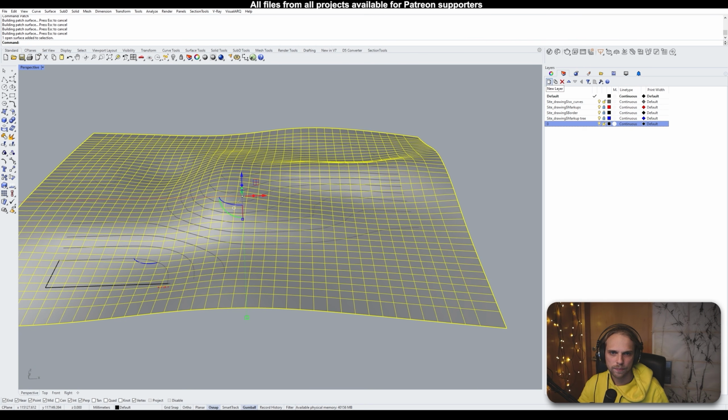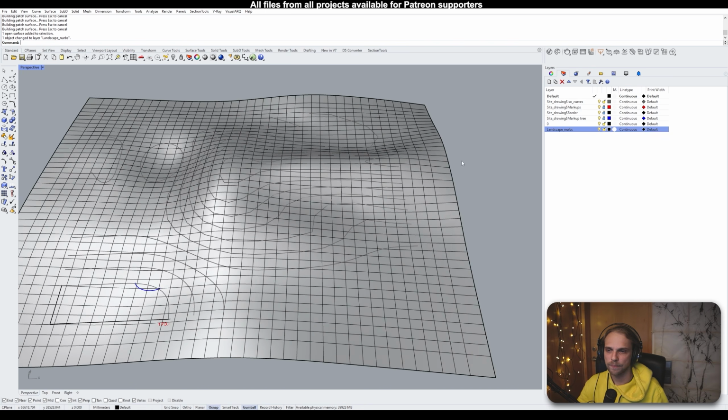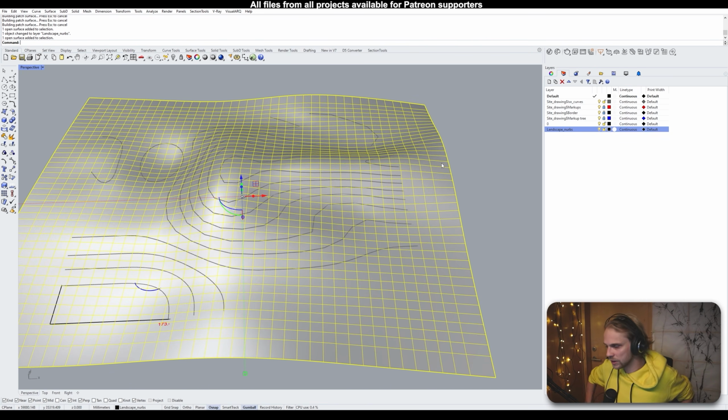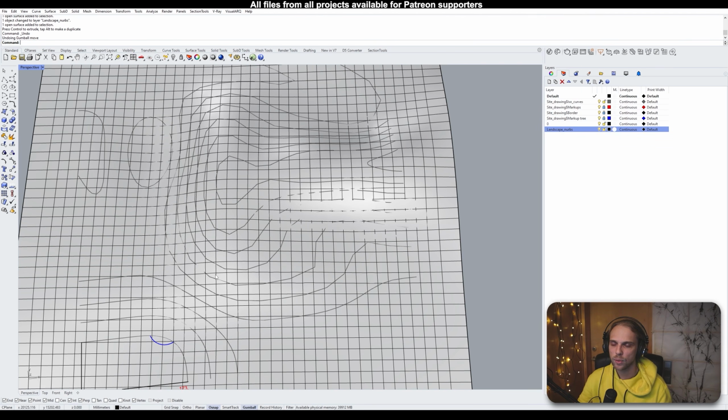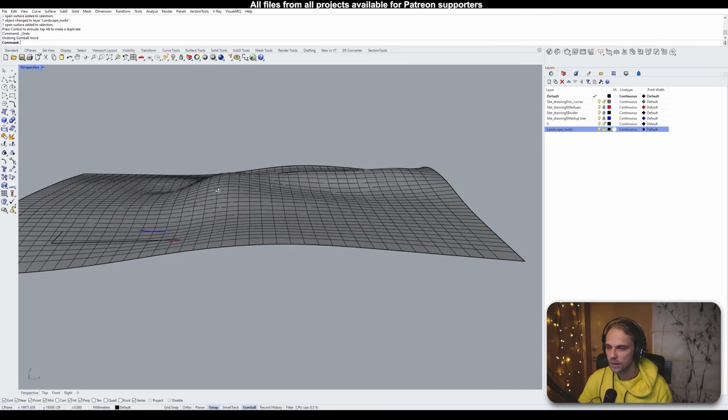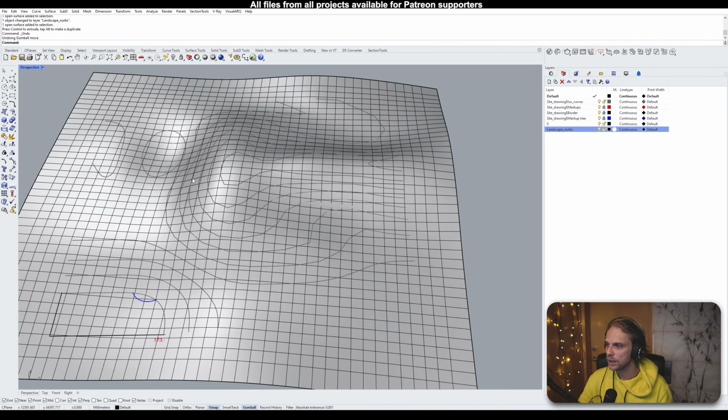Let's create a new layer and call it landscape NURBS, and just change the landscape object into that layer, right? So now we've successfully made a landscape surface, which can be used for the building placement, which is now the time when we specify where the building is going to be placed, and we decide on its